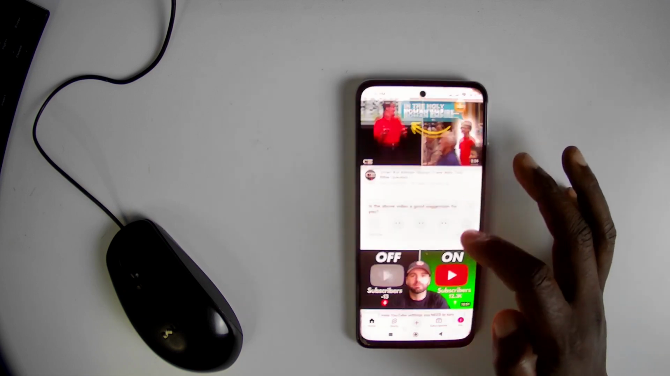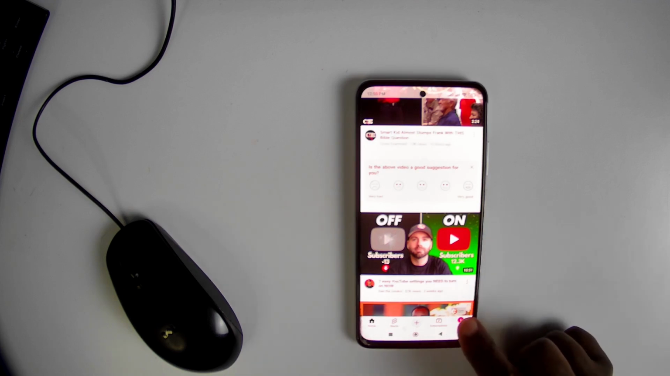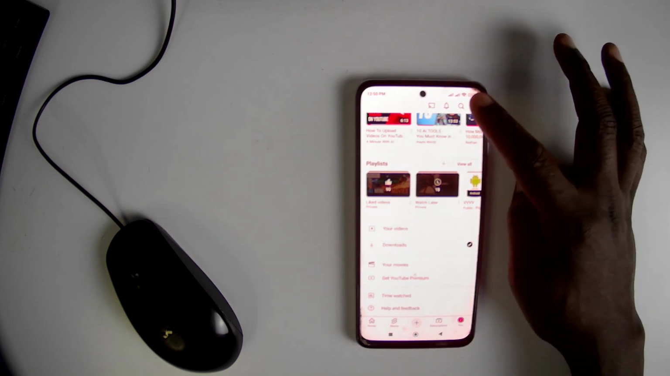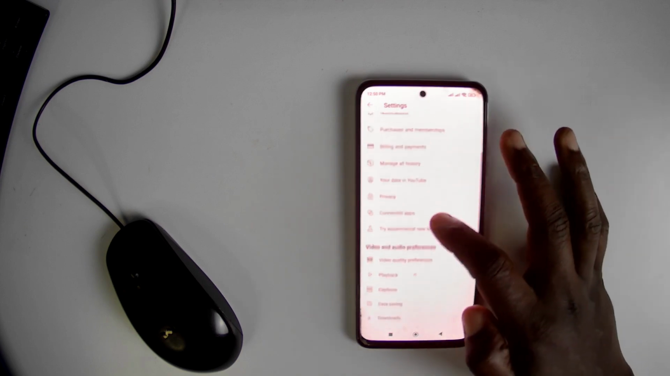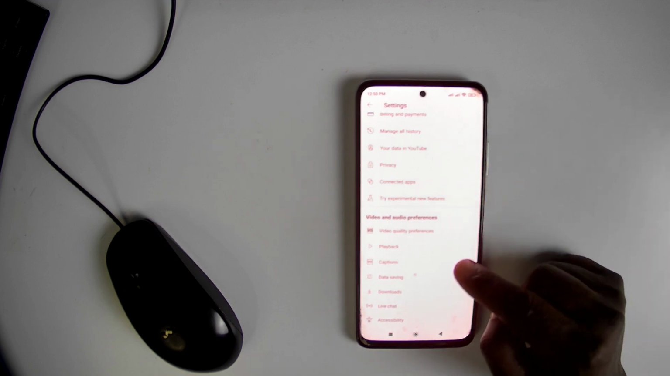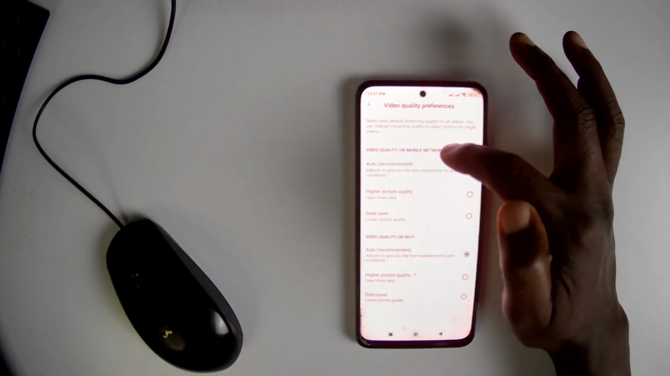Now, the first way is to go to settings, and you can go to settings by tapping on the little icon of your profile here. And this will bring out the settings button, which is this, and then head down to video and audio preferences, which is this. So from here, select video quality preferences, and as you can see under video quality on mobile